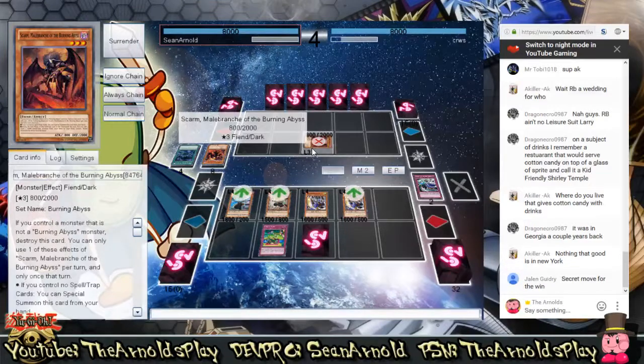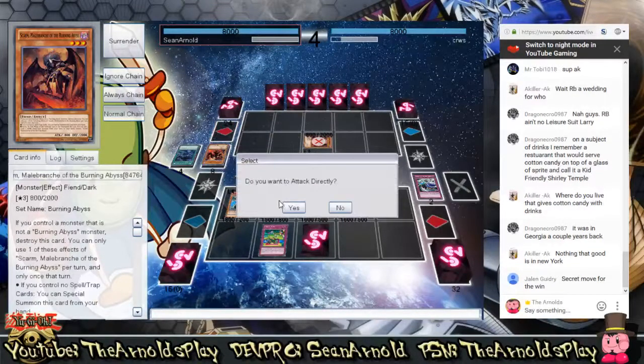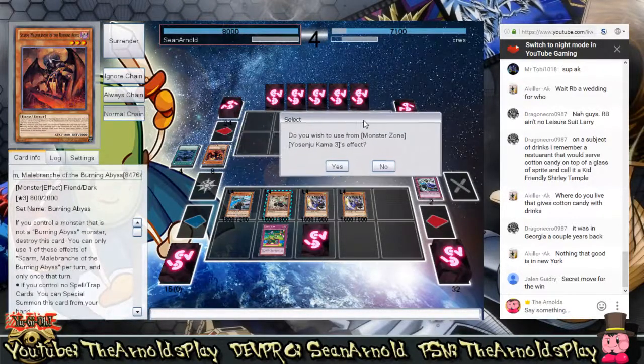What is this? Oh, 2000 defense. He doesn't want me attacking anymore. Fine. I won't attack. I'll just do it directly. I'll still get my search though. I can get Yugioh now. Woo! Or should I get another...